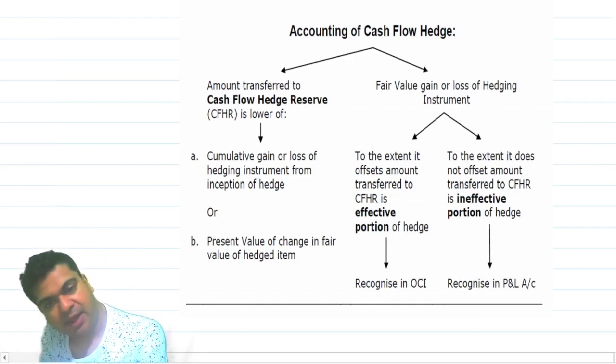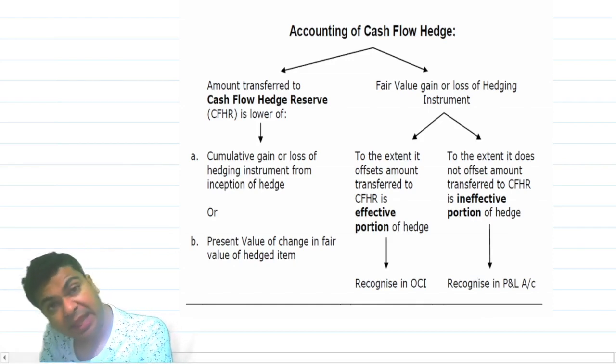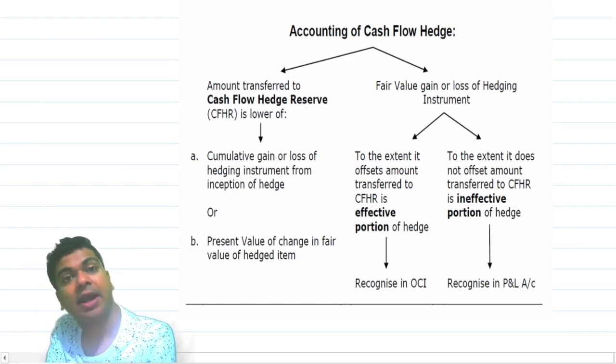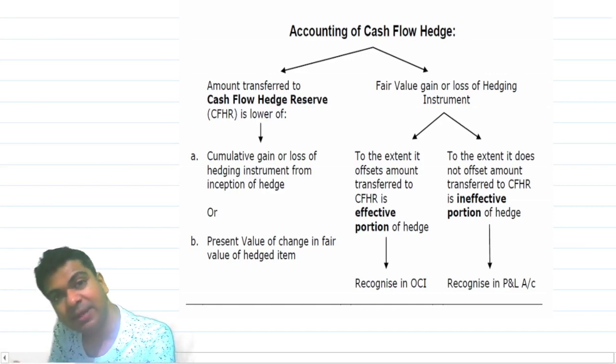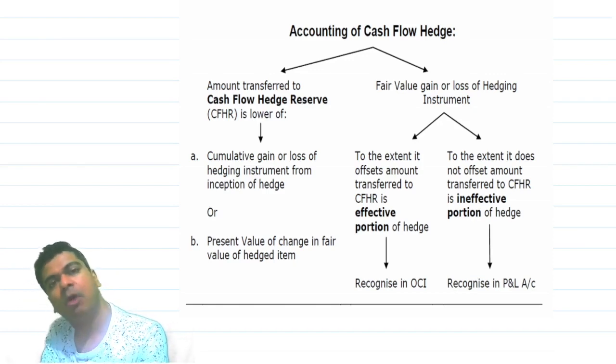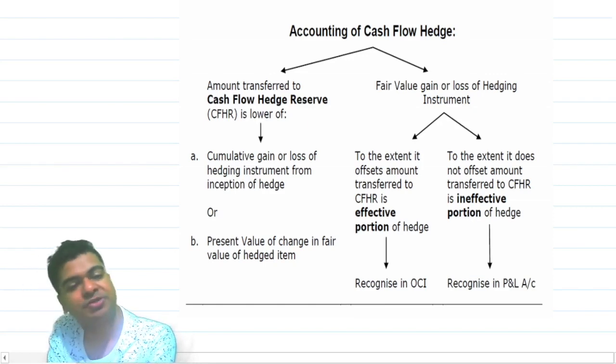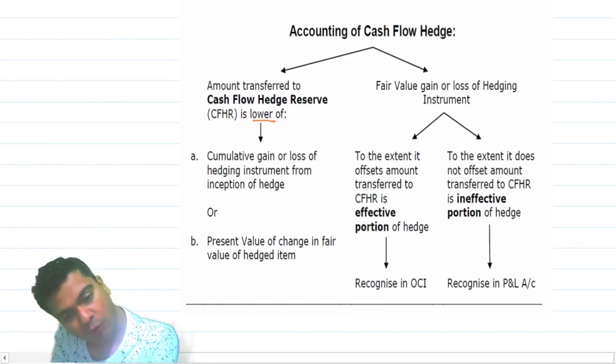Let us see how we can carry out the accounting of a cash flow hedge now. In a cash flow hedge, we are going to prepare a cash flow hedge reserve, which will again become a part of your other comprehensive income. How much amount is to be transferred to the cash flow hedge reserve? The amount to be transferred to the cash flow hedge reserve is the lower of